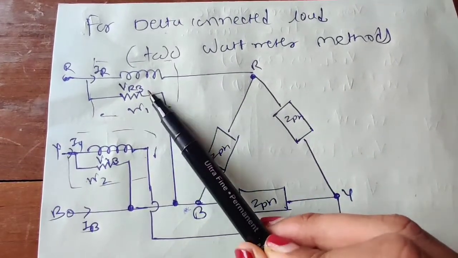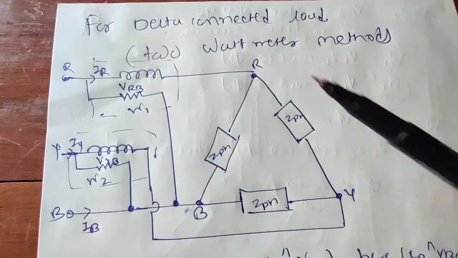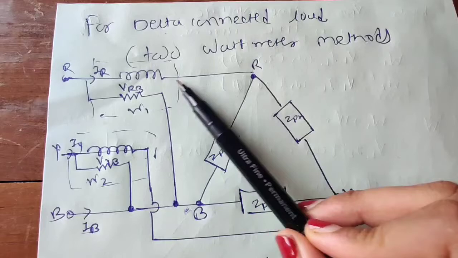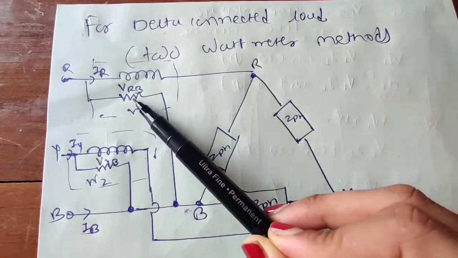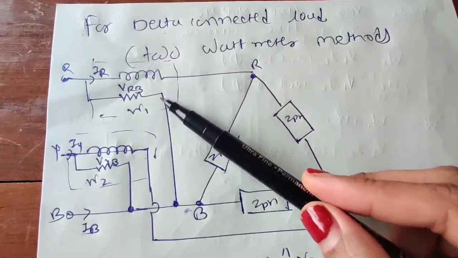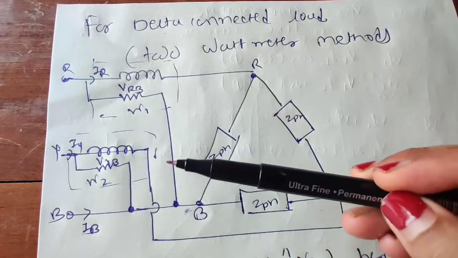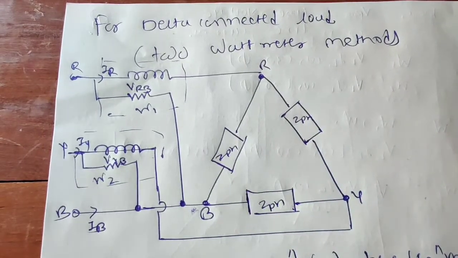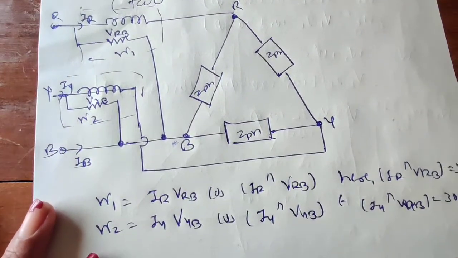Again we are using two wattmeters in this way. The current coils are connected individually: the first current coil is connected to the R phase, and the second one is connected to Y. The voltage coils of the respective wattmeters are connected to the B terminal, here again to the B terminal. The arrangement you can see is the connection of the two wattmeter method, the same as for a star connected load. Now the reading of wattmeter 1, if I want to write,